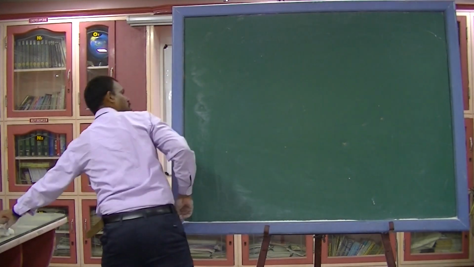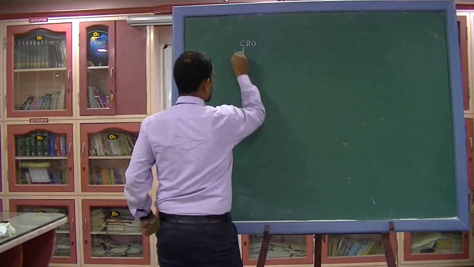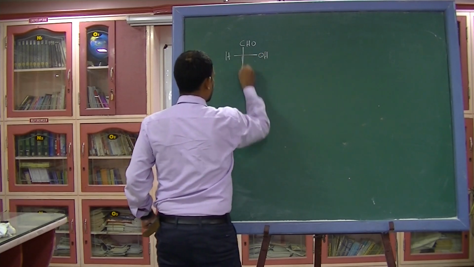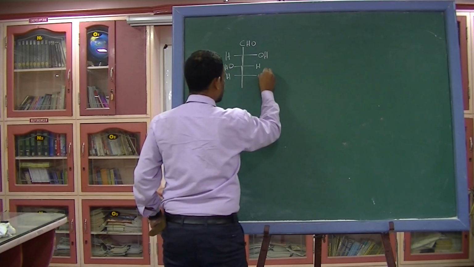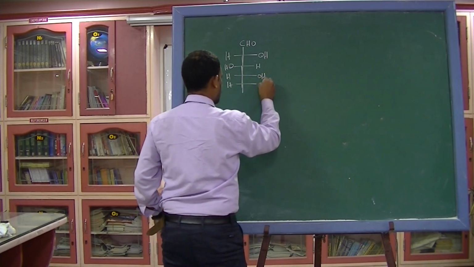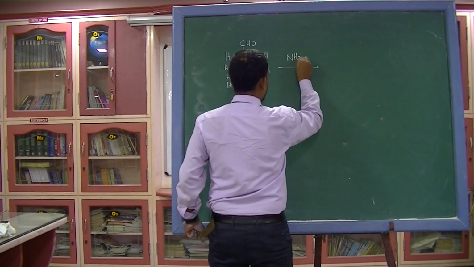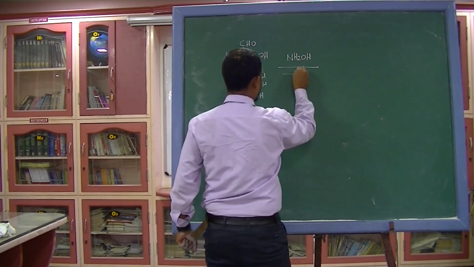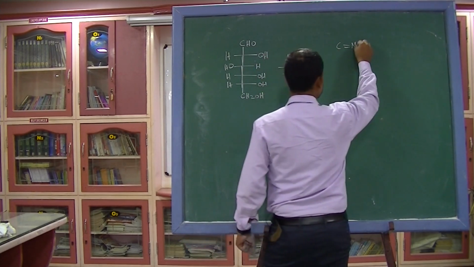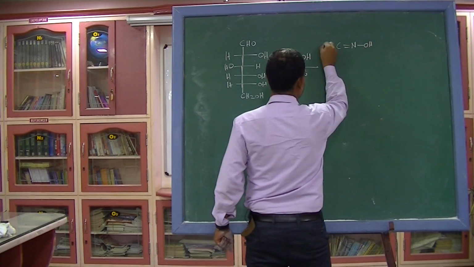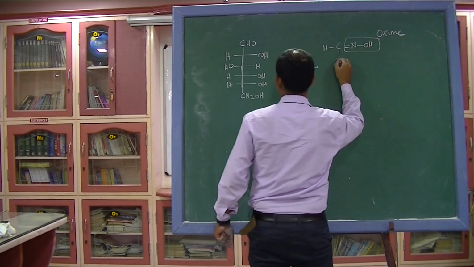So the next reaction is, suppose we have a carbohydrate, for example glucose. If you treat it with hydroxylamine, that is nothing but NH2OH, this leads to water molecule elimination. It will form an oxime. This is a typical carbonyl compound reaction, am I right? So this is nothing but your oxime.